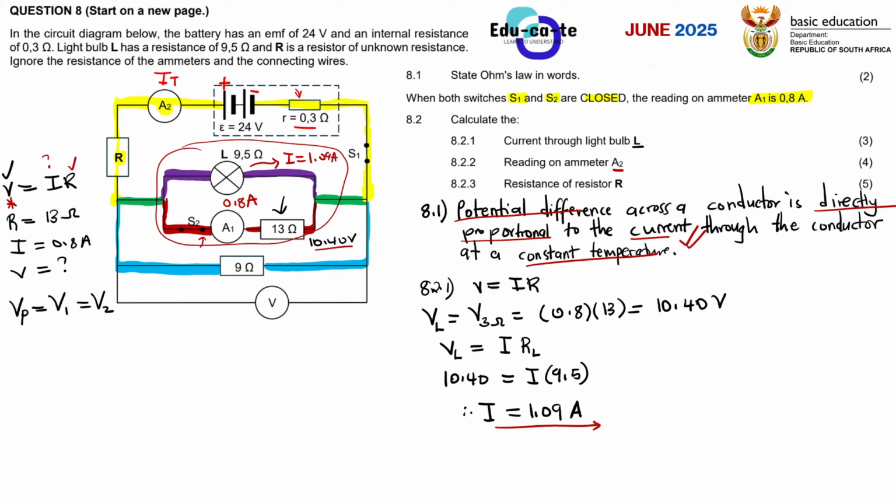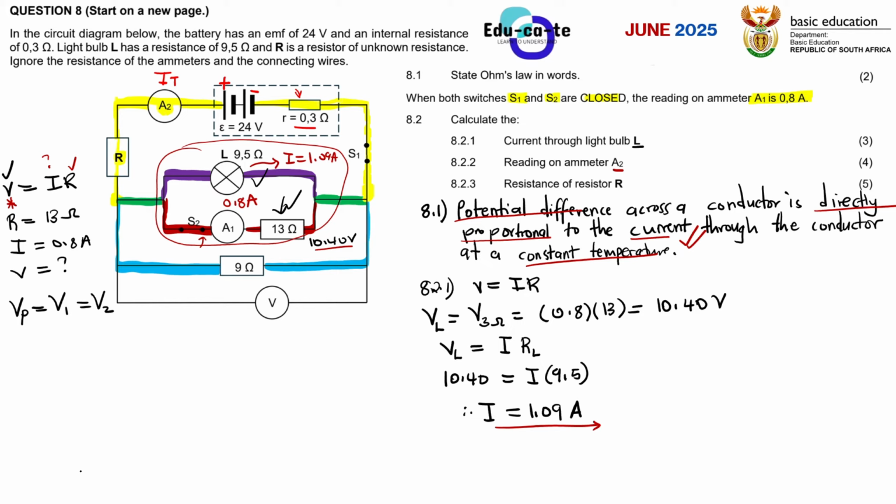I've made a video introducing voltage, current, and resistance. I repeat again, the voltage across parallel components or resistors or light bulbs, whatever is connected in parallel to the other thing, has the same voltage. So since we know the voltage of this 18 ohms resistor to be 10.4 volts as calculated, it means that the voltage through the light bulb is the same, and the voltage through the entire combination of the light bulb and the 13 ohms resistor is still 10.40 volts.